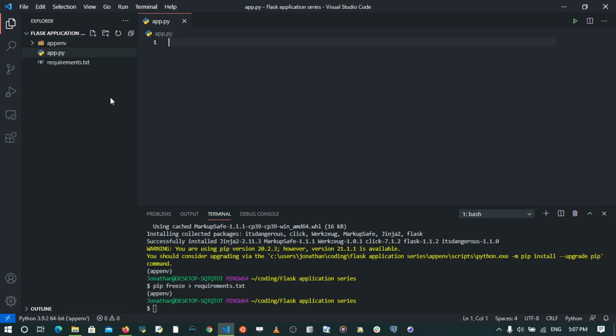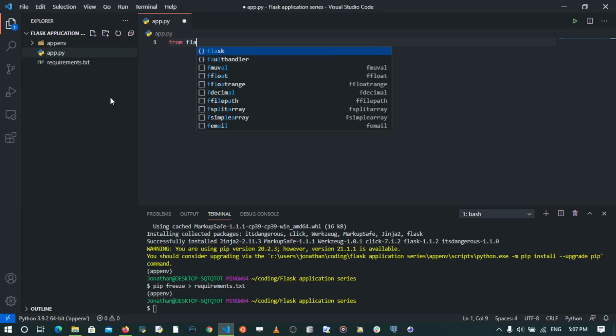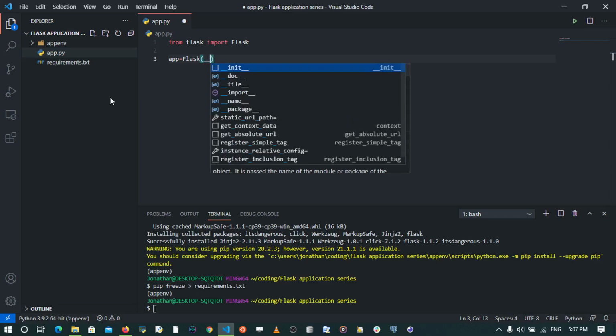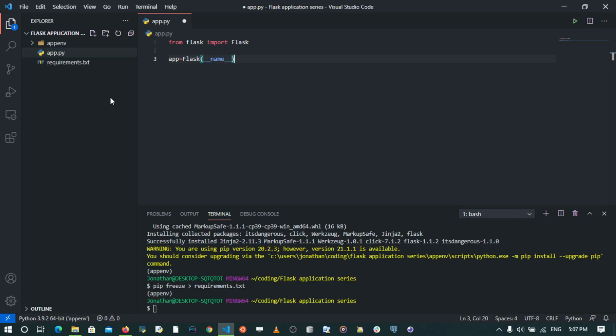We're going to begin by saying from flask import Flask, and we're going to say app is equal to Flask. We're going to create an instance of the Flask class, and after creating this, we're going to create our route. So we're going to say @app.route, and we're going to give it the root route,